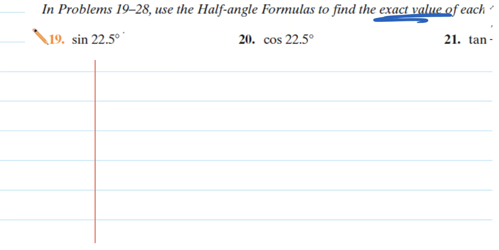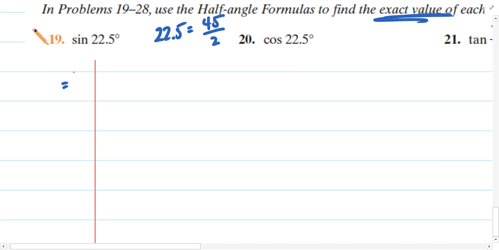But what's interesting is that 22.5 degrees is exactly half of 45 degrees. And we did memorize the sine and cosine values at exactly 45 degrees. So by using this half angle identity, we could probably figure out the precise result for sine of 22.5 degrees. We don't need a calculator to do so. So as a reminder, the half angle identity for sine says that